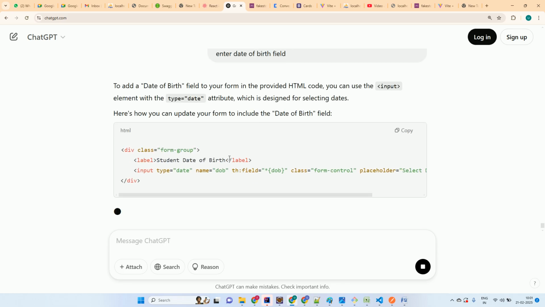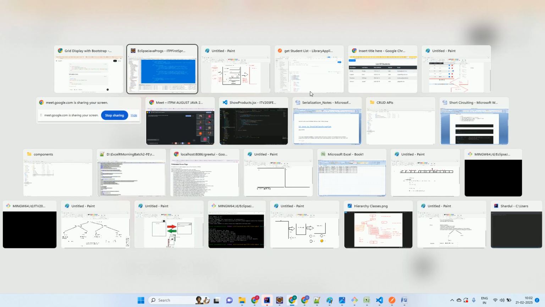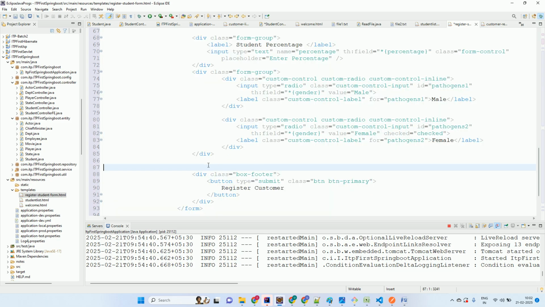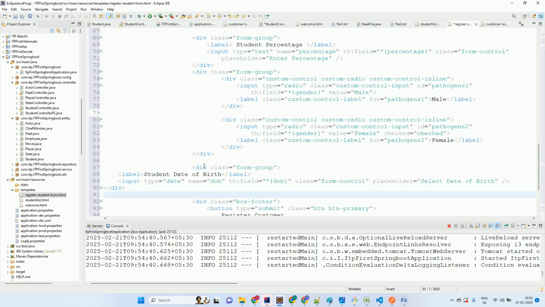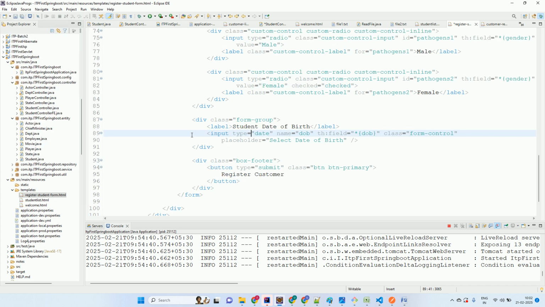Okay, so take the div, copy this div and put it over here. Alt Shift F, Control Shift F. Okay, student date of birth, date, name is DOB, form control, select date of birth. Okay, all good. And then as you click on register student,